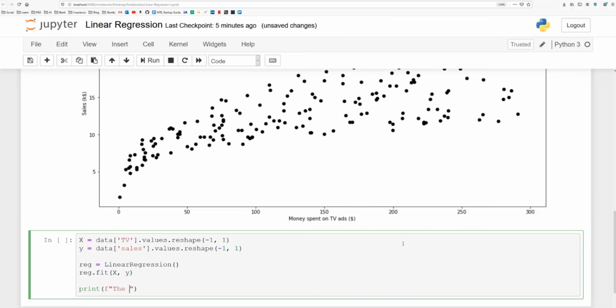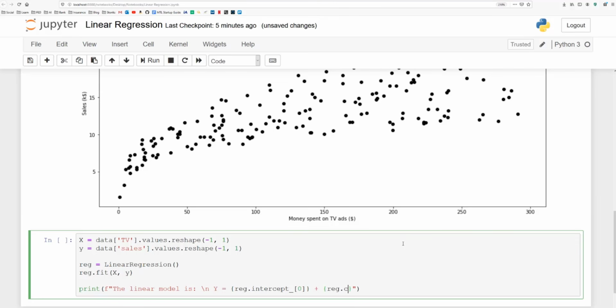And with that, we can print our parameters. So we can print our constant and coefficient for TV. The linear model is Y equal to: first we're going to access the intercept, reg.intercept_[0].